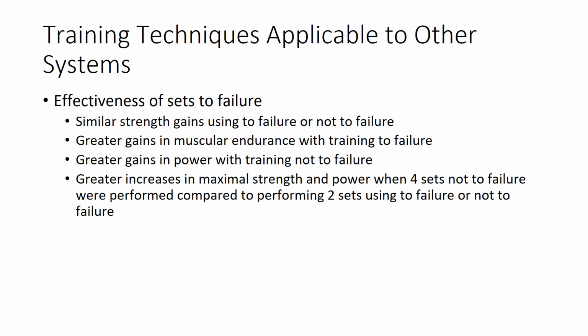One of the things though, when you're going sets to failure, is just utilizing any type of load range. So you can utilize 30% of your 1 rep max going to failure, or you can even utilize 70% of your 1 rep max and go into failure. So that's going to change the repetitions. Obviously, if you're utilizing 30% of your 1 rep max, you're going to be performing a lot more repetitions